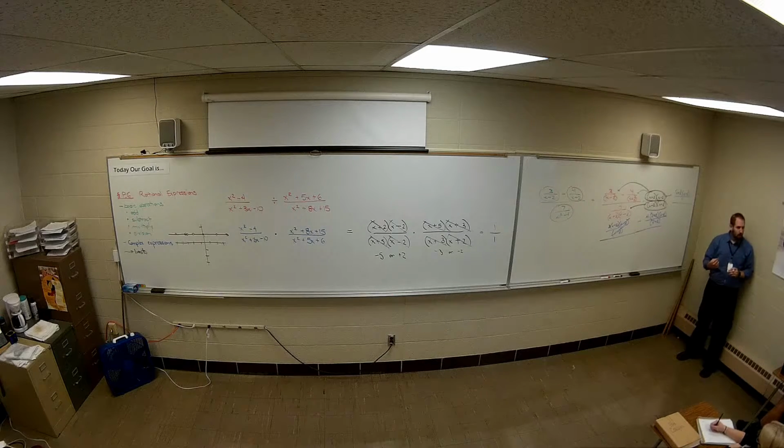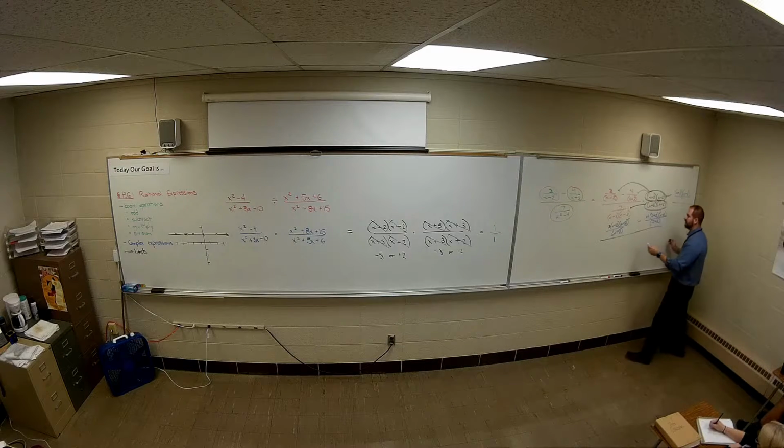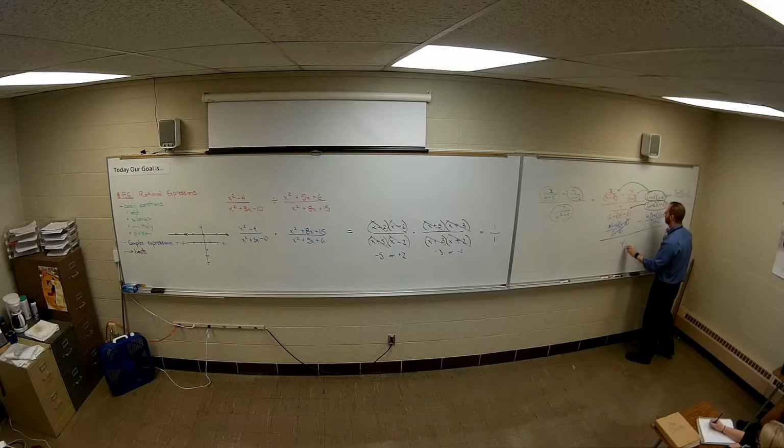Okay. Any questions with that first step? Okay, then on the bottom, you do the same thing. I'm taking that 7 times both the x plus 2, x minus 2. And then this bottom part here didn't change. It stayed the same, right? Because that was the denominator, and I didn't multiply the denominator.